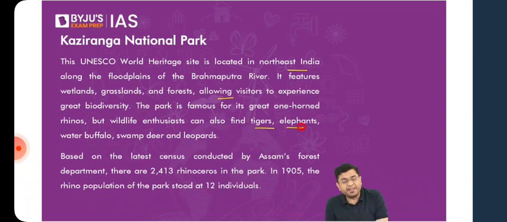But obviously, as we have discussed, they have been hunted in very large numbers for their horns, the rhino horns. And by the way, I hope you are aware of this fact that the rhino horns are basically made up of what? They are made up of very thick hair particles. So that is what makes up those rhino horns. It is for those rhino horns that they have been poached in large quantities.